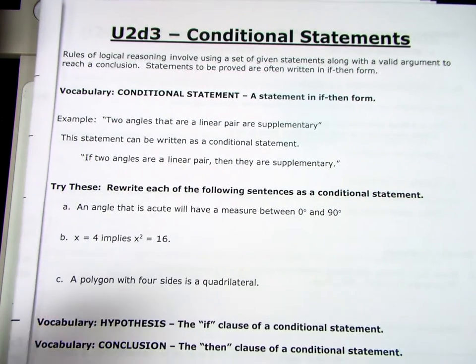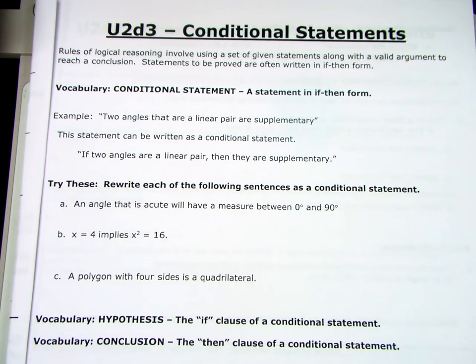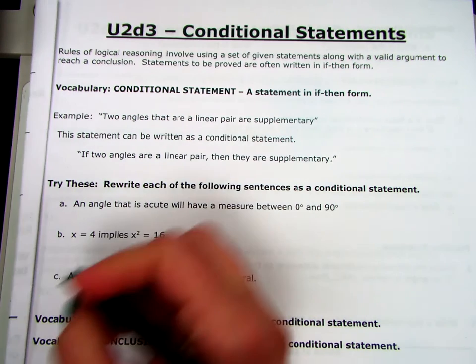Okay? So we're going to practice rewriting some sentences. Rewrite each of the following sentences as a conditional statement. A, an angle that is acute will have a measure between 0 degrees and 90 degrees. How could I write that as a sentence? Yes? If an angle has a measure between 0 and 90 degrees, then it is an acute angle. Yes, that's perfect. So if an angle has a measure between 0 and 90 degrees,